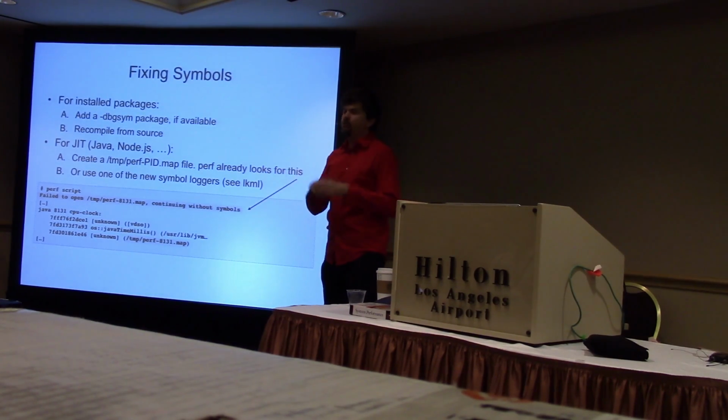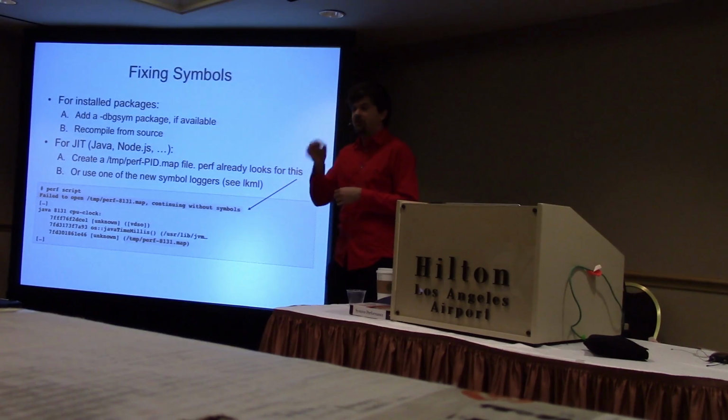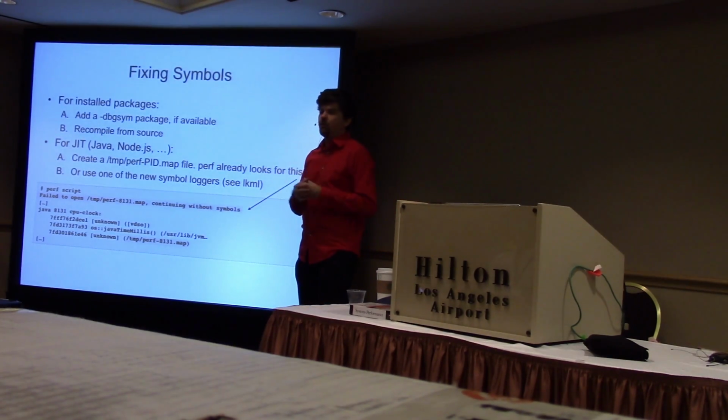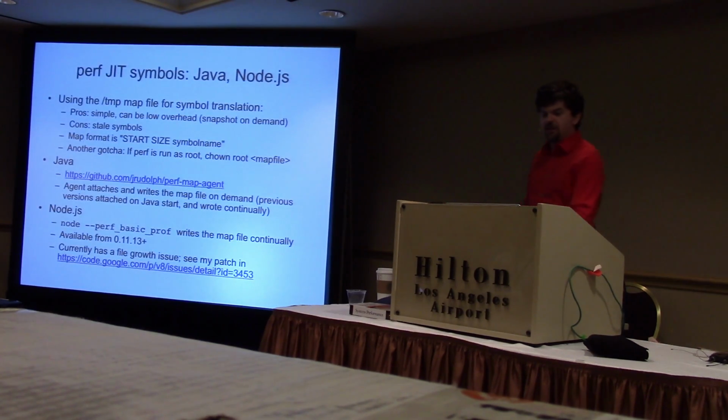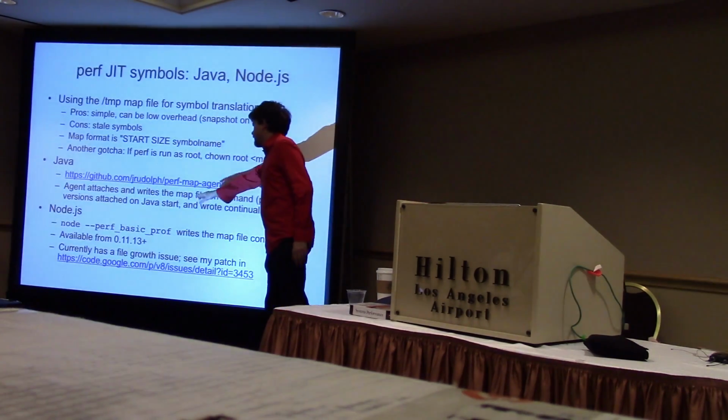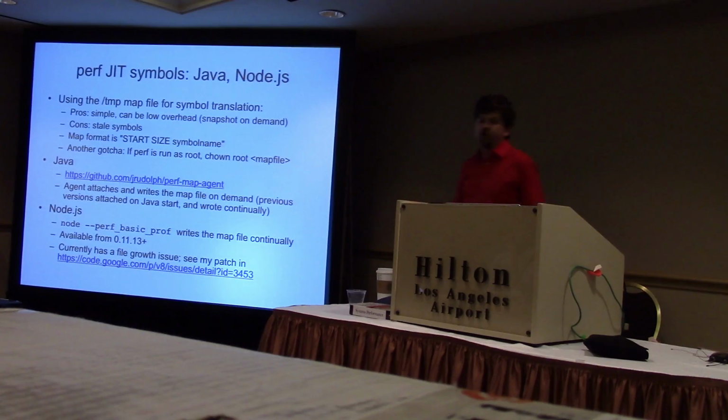That's great because you fix the stale symbol problem, since you always have a timestamped notion of which symbols were compiled when. It is more complicated. It means the agent needs to be running from boot time. I prefer my on-demand approach. So Java, we're using that. Node.js, since version 11.13, V8 added perf-basic-prof, which does the same thing. It gives us the /tmp